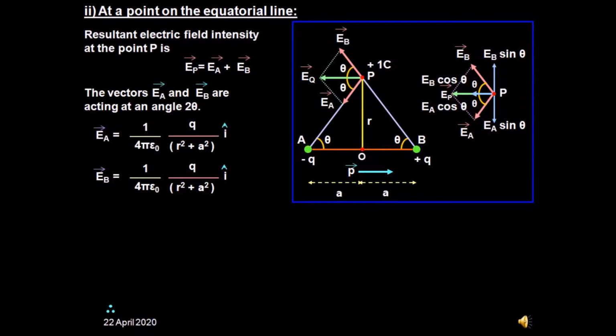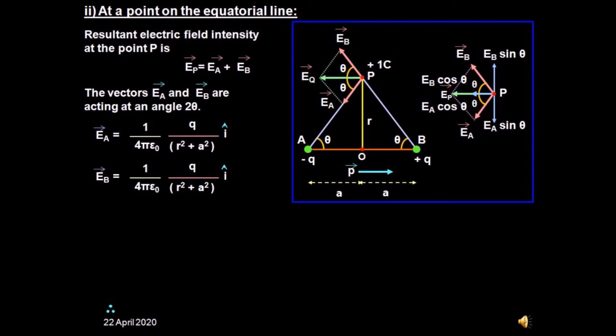To find the electric field direction, always the procedure is that we have to assume a unit positive charge at that point. So here we will assume the unit positive charge, plus 1 coulomb, at point P. Wherever this charge will go, that is the direction of electric field. So this plus 1 coulomb, due to the minus q charge at A, will be attracted because it is a positive charge and that is a negative charge. That's why the direction of EA is towards minus q along the line AP. This way EA is completely described, that means magnitude and direction we have solved.